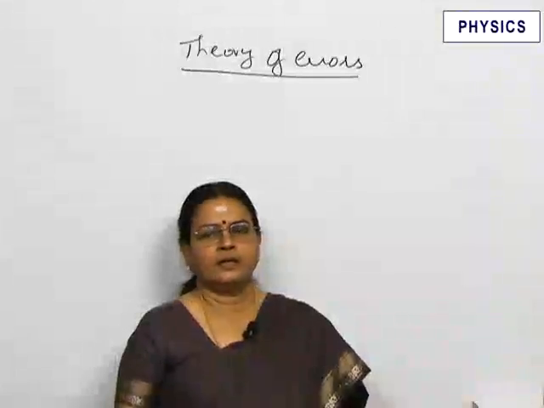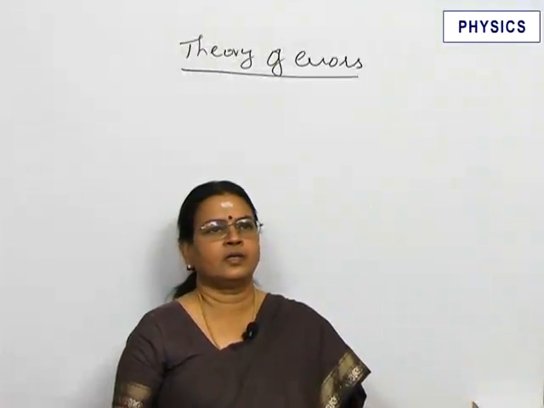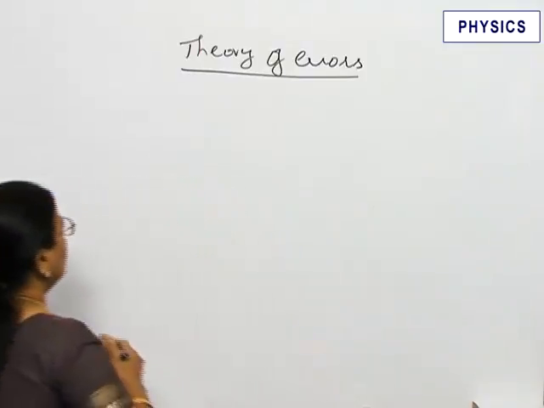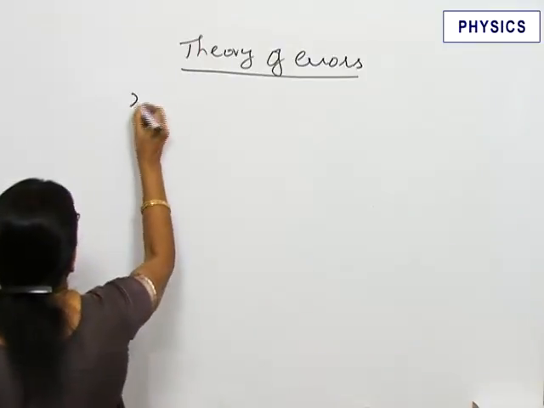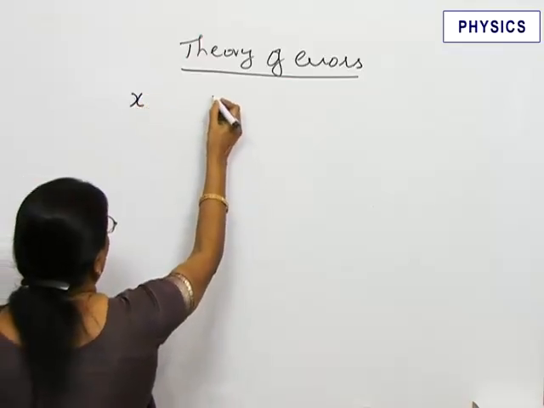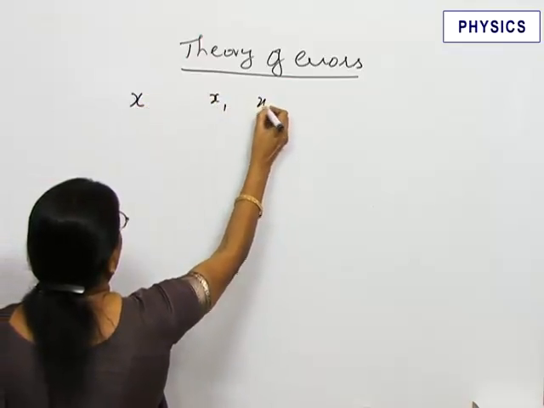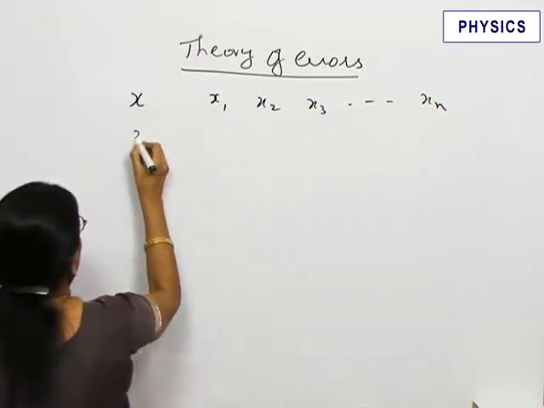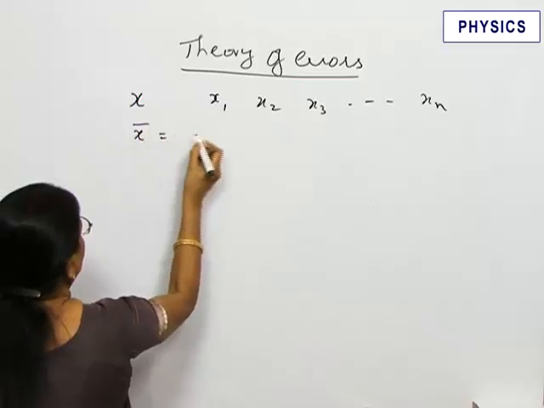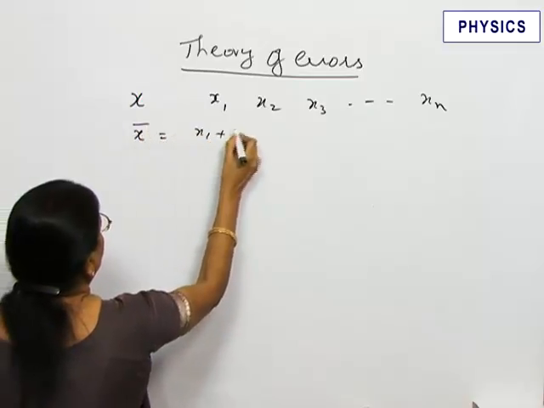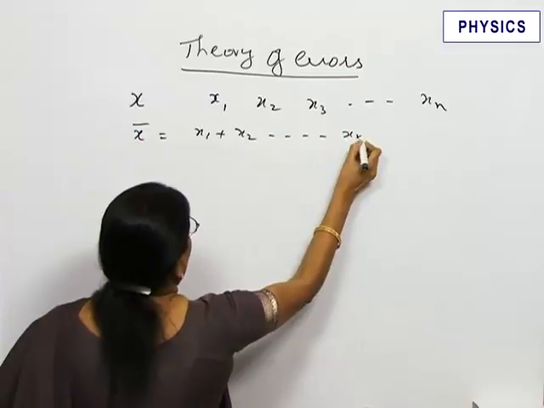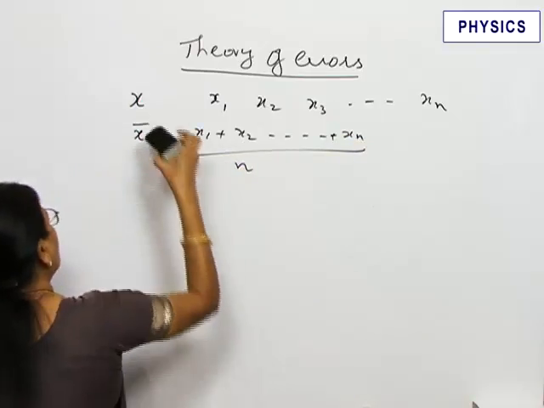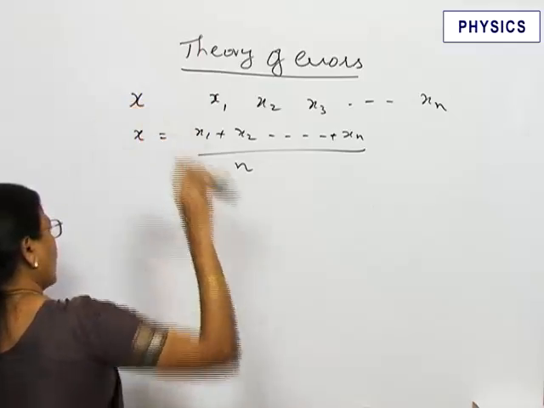Now I will explain the concepts on theory of errors. Physics is a science of measurement. Suppose you are measuring a quantity x, say the diameter of a wire using a screw gauge. We will take a number of readings x1, x2, x3, ..., xn and find the average value of x as (x1 + x2 + ... + xn) by n. So the value of the physical quantity will be the average or mean